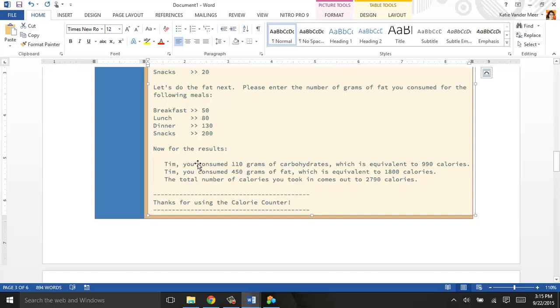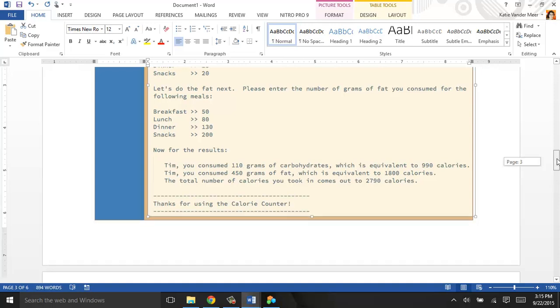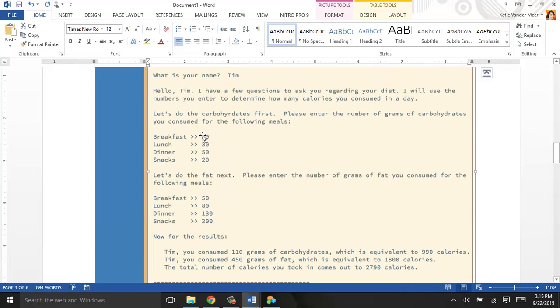Because see, it says you consume this many grams of carbs. Well, that is that 110 example that's there. That's these numbers added. 450, this is that numbers added. So we need to add those up. And then it's equivalent to how many calories that you've eaten. So we're going to create a variable for